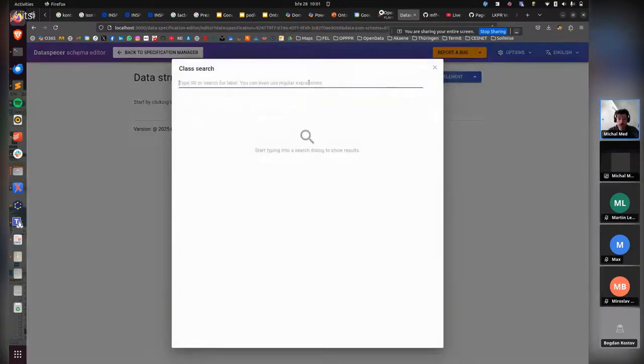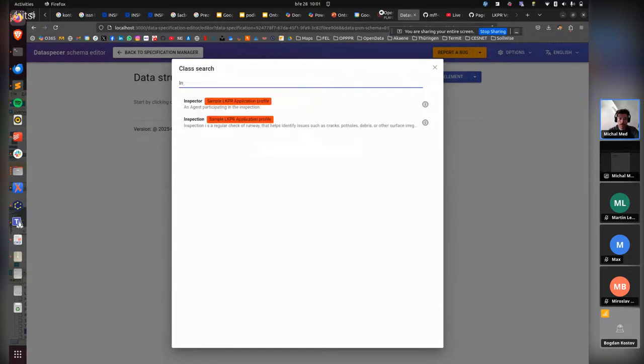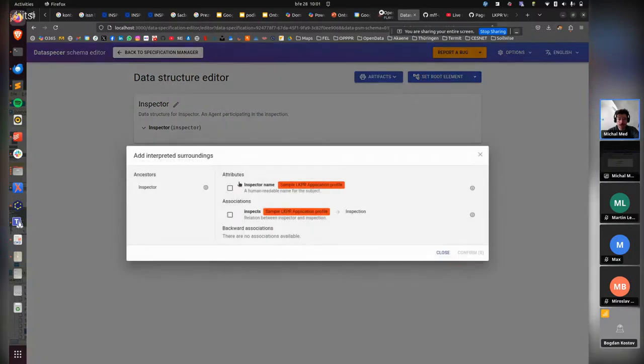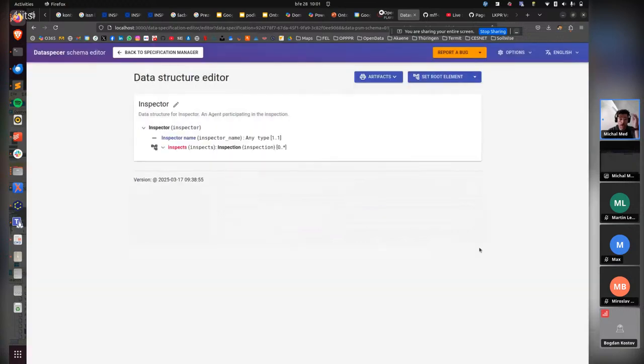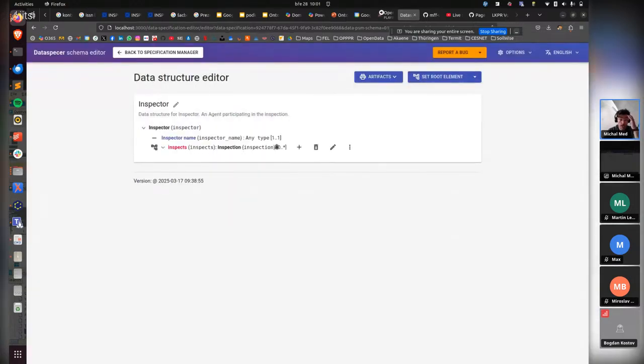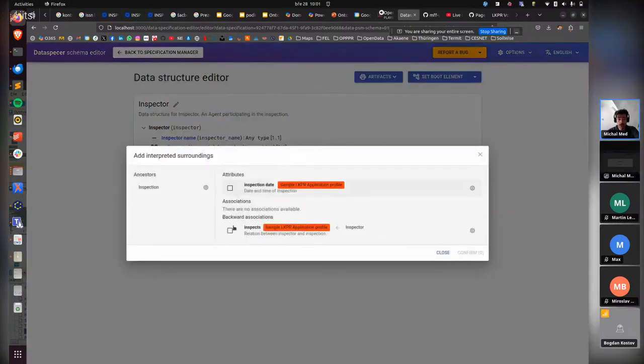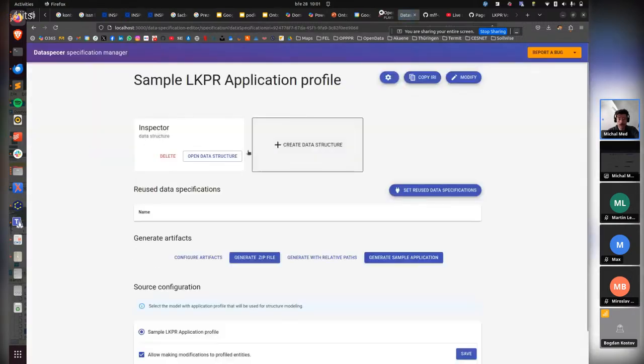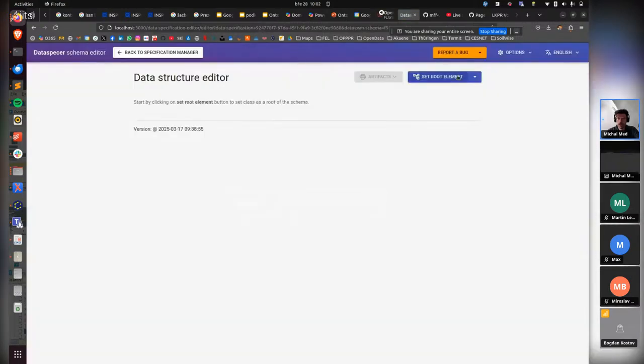In this data structure, you choose that you have the inspector, and for the inspector you can add some attributes or associations. So we have inspector name, and you have an association to inspection. And right now we have two options. From here, you can create the structure of the inspection by clicking the plus button and adding the attributes. Or you can just go back and create a new data structure with the root element